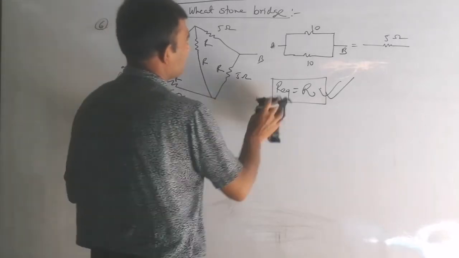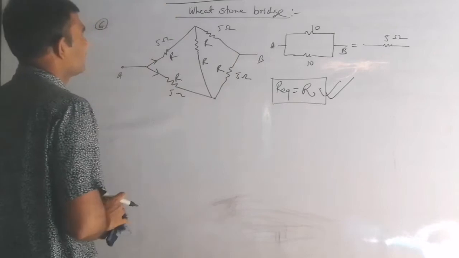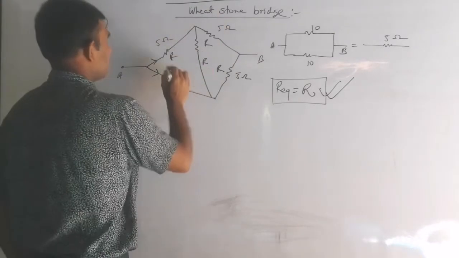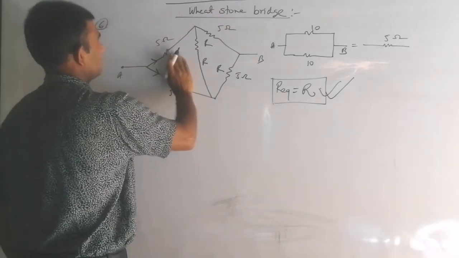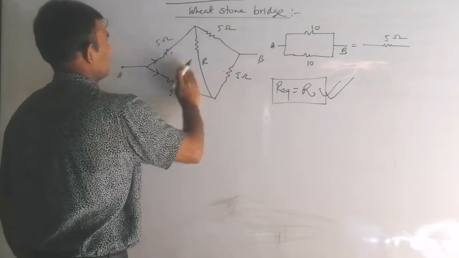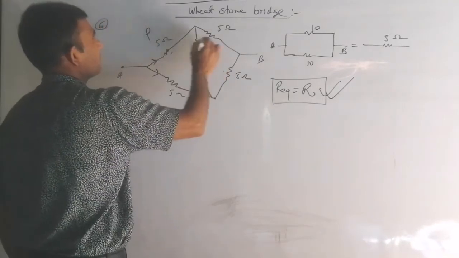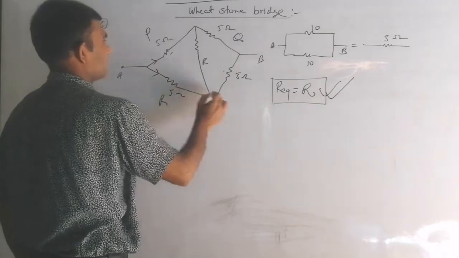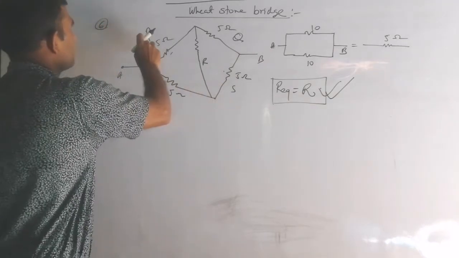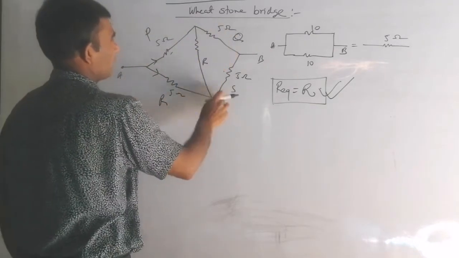And here is the reason why this becomes the same. There is one technique of the Wheatstone bridge. Let me tell this resistance. For timing I have to write out this R. For general, this is P and this is Q. This is R, this is S. If you get P upon Q equal to R upon S.